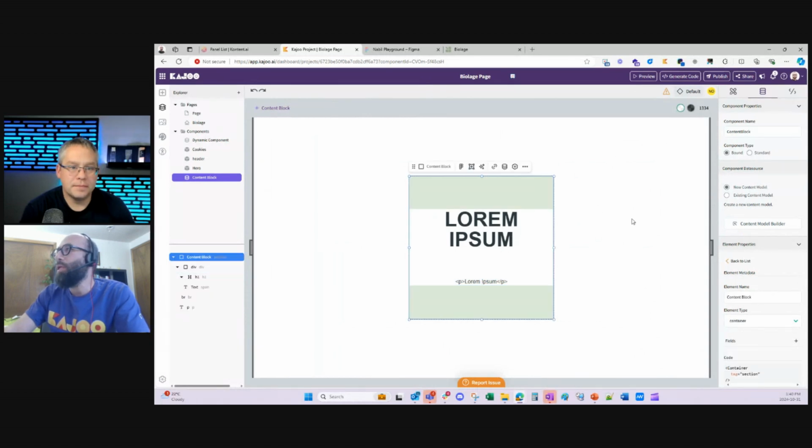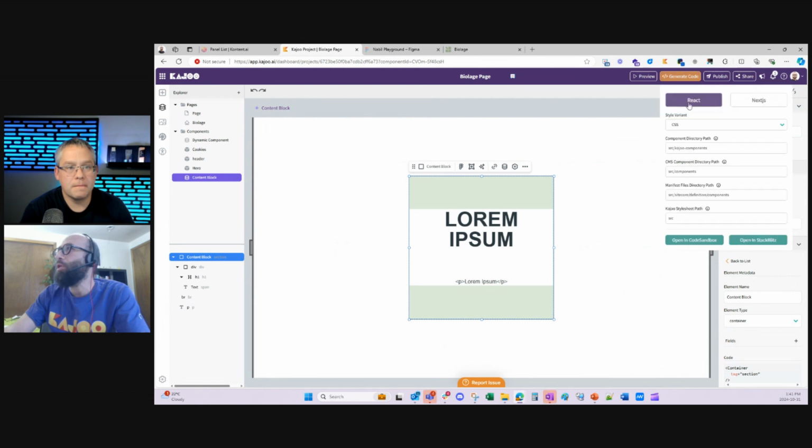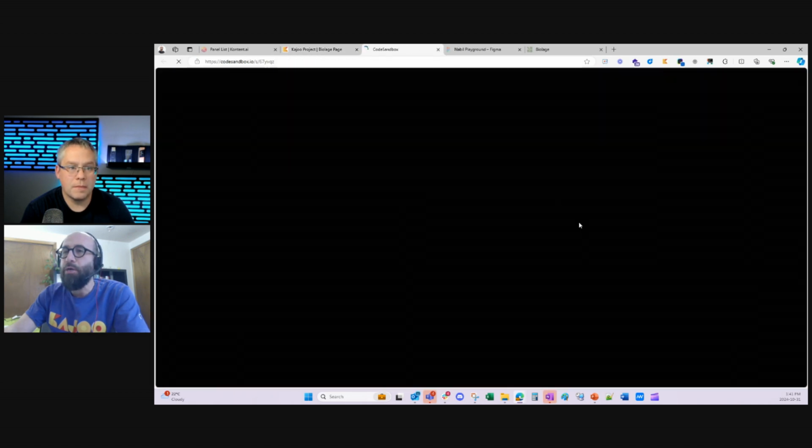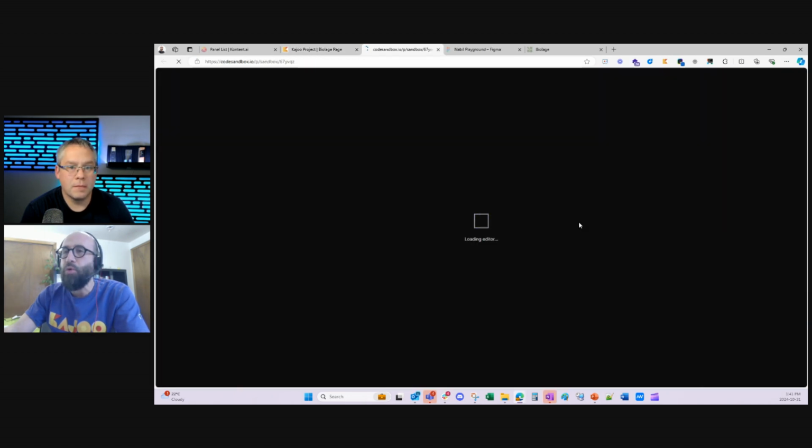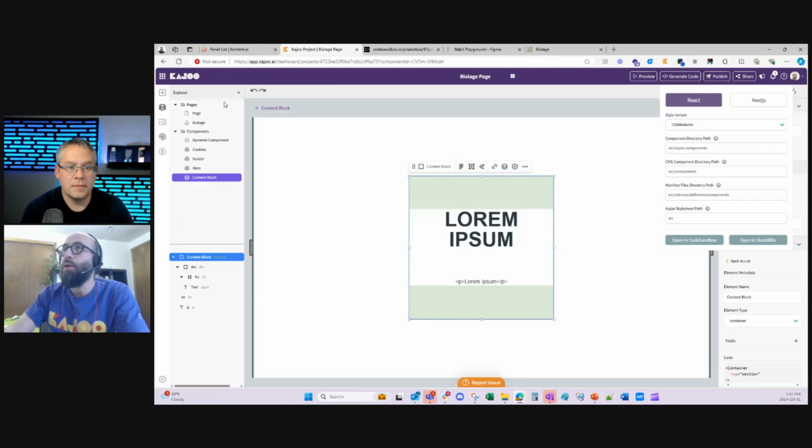And then once you're ready here to deploy, as a visual developer, you can generate code in React.js and then open it up in Code Sandbox. We create a live web container to see the code and review it. Nice. Let me see here.